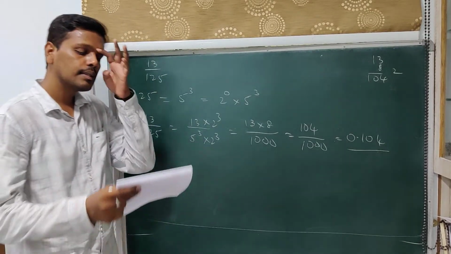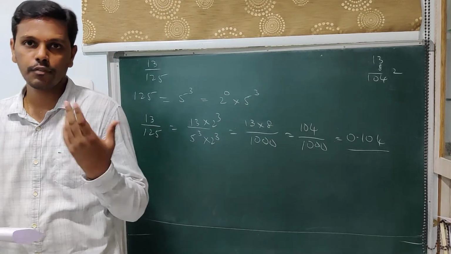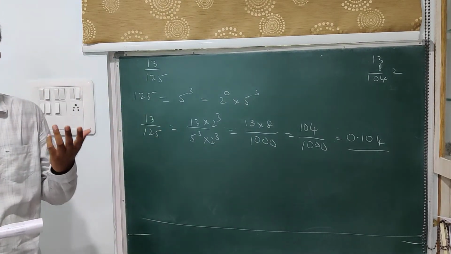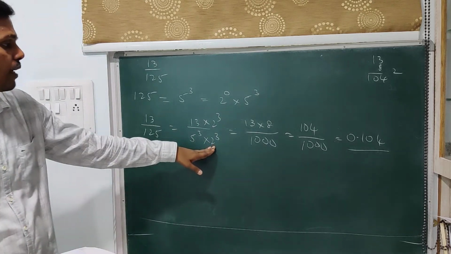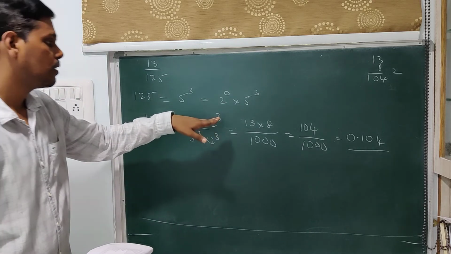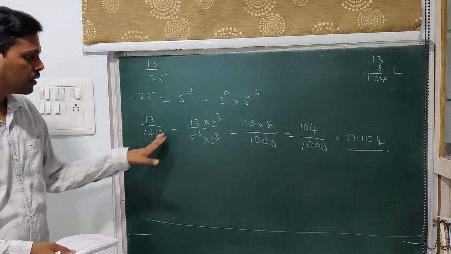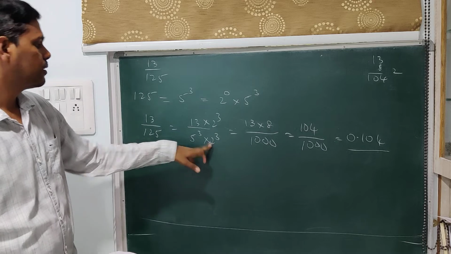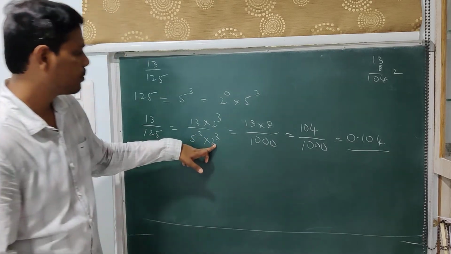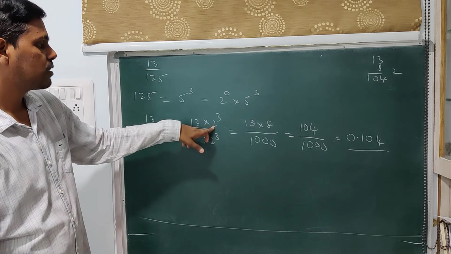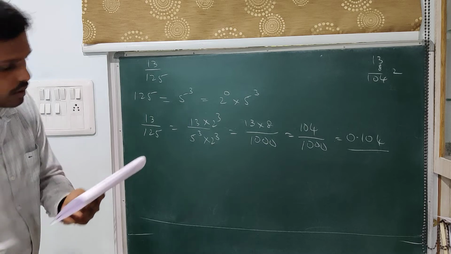So the simple idea is you have to identify the number of deficient 2's or deficient 5's and compensate the same. Here there are 3 2's deficient, so I have compensated by keeping 3 2's in the numerator and 3 2's in the denominator so that the equation holds. If you only keep it here, then the equation does not hold. So that is the reason whatever you are placing over here, place the same over here so that this equation holds. Okay. So let me also do the third one.